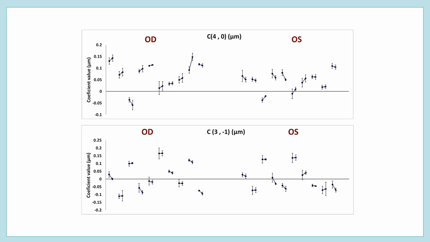Analysis of these results showed that the C40 coefficient increased in 50% of the eyes when shifting their fixation gaze from 0.1 to 0.2. Moreover, the C3-1 coefficient indicated a decreasing trend in 55% of the eyes under the same condition. The change resulting from altering the fixation gaze is in the range of change observed after a near vision task in our second experiment, and might be a confounder when trying to detect such small changes in the wavefront